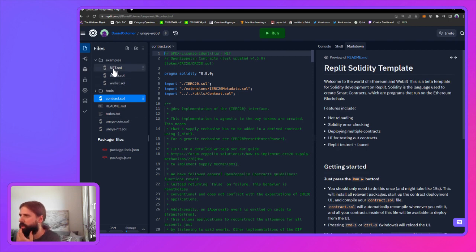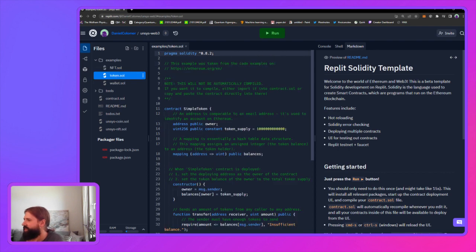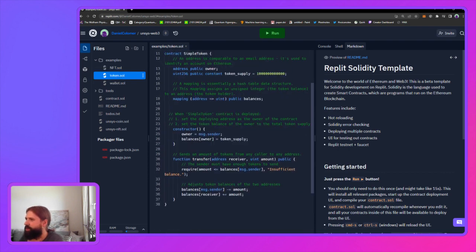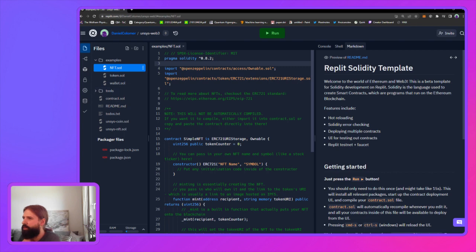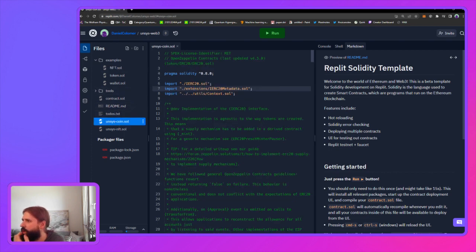Let's take a look at the token and an NFT one I had here. Okay, but that's definitely super simple in terms of token and then in terms of NFT. So, okay, extensions. Because what I have here, let's focus on the coin one. So there's the standard and metadata and then utils. And the question is,